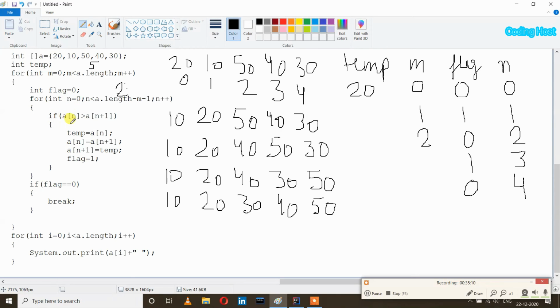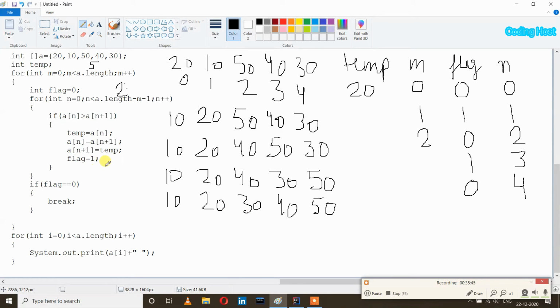And here it will again check whether a of n is larger than a of n plus 1. So you can see here that the elements of this array have already been swapped into their right places. So that's why from index 0 to 2, these statements will not execute, because none of the left hand elements is larger than the right hand element.